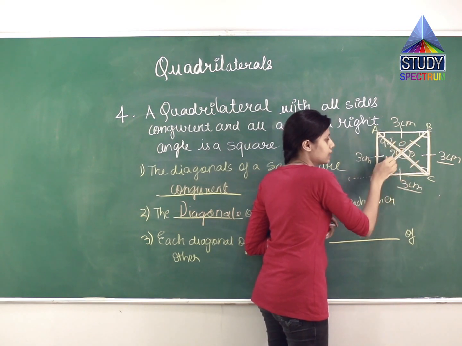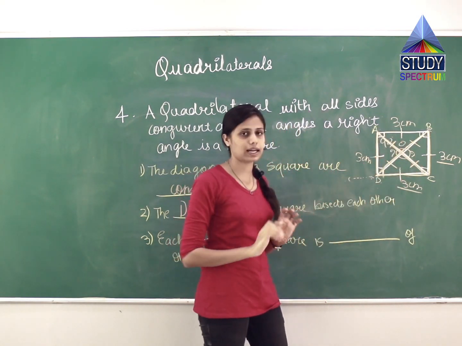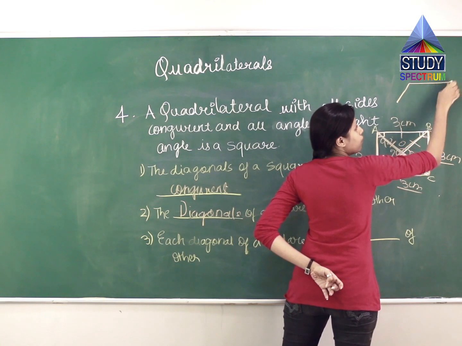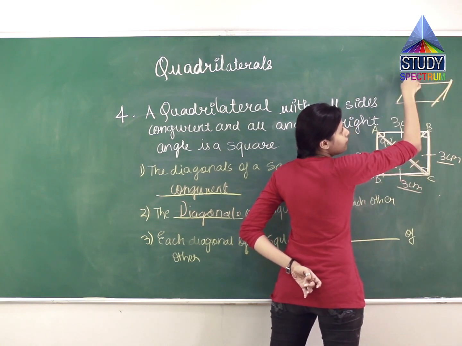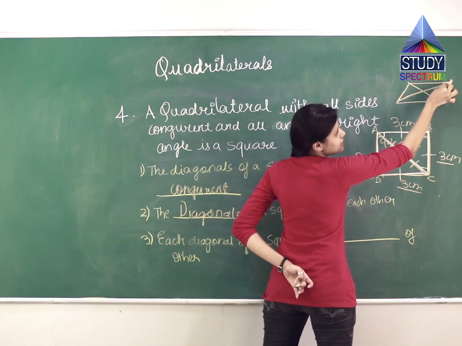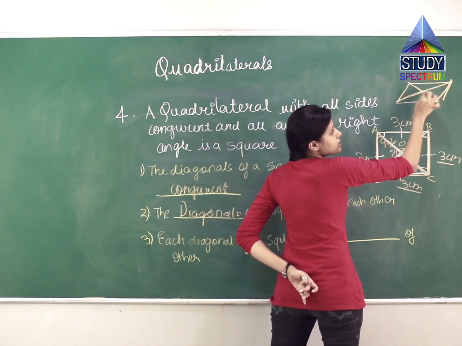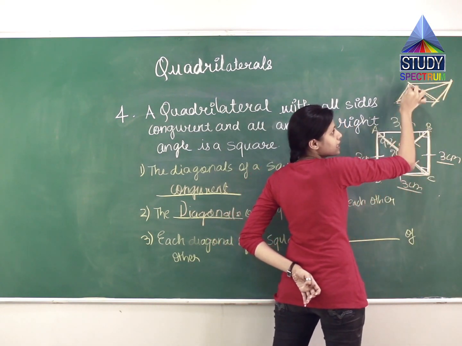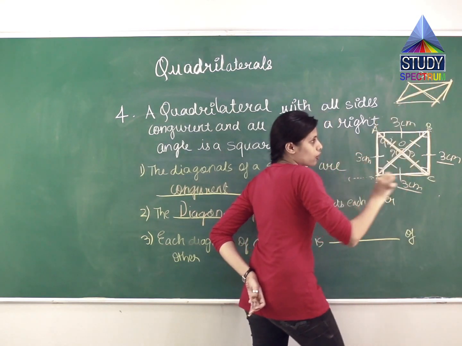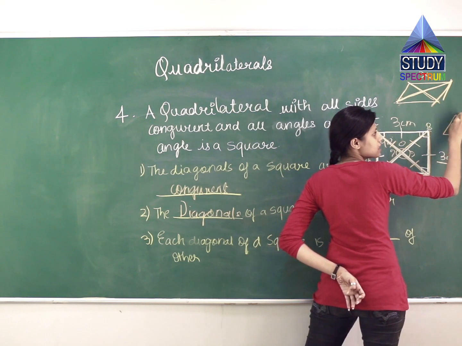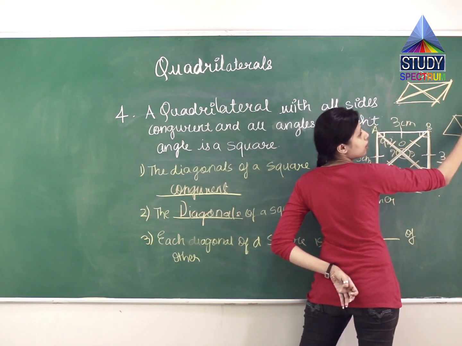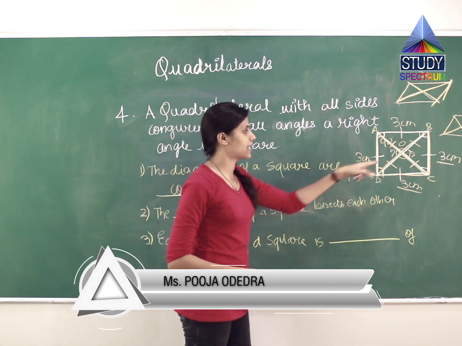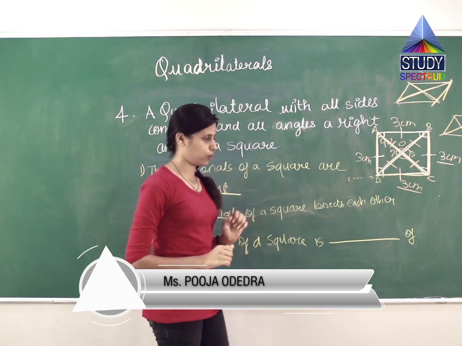The length of all the diagonals is equal. This is not the case in a parallelogram and rhombus because of the slant lines. When the lines are slant and the diagonal is drawn, obviously this diagonal will be greater than this, because the distance between the angles exceeds. So we cannot say this is congruent to this. So not in the case of a parallelogram, and the same is the case in a rhombus. See, this diagonal is smaller, whereas this is larger. Because of 90 degrees and all sides equal, we can say the diagonals of the square and rectangle are congruent.